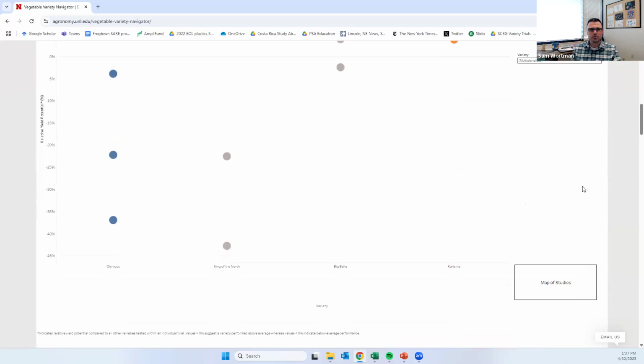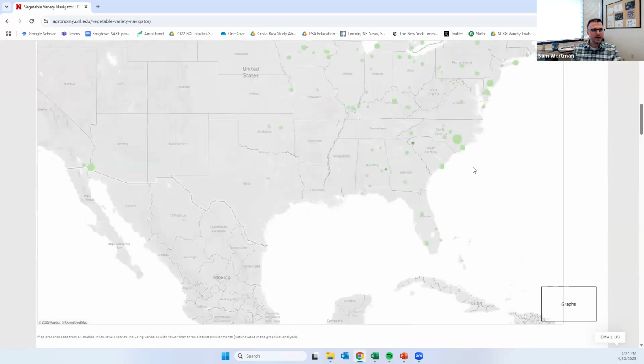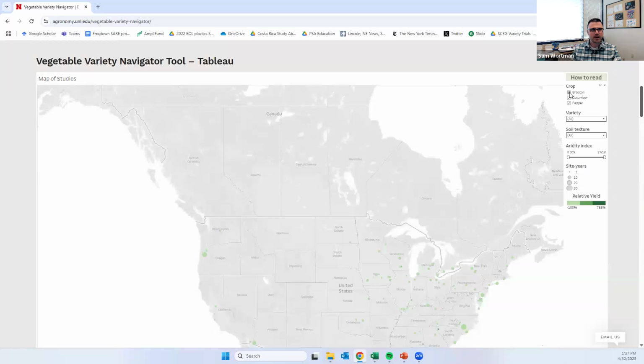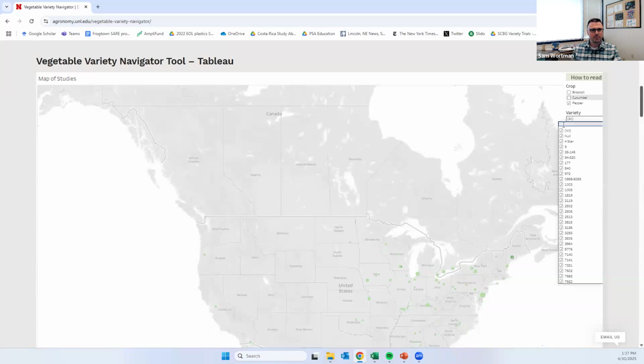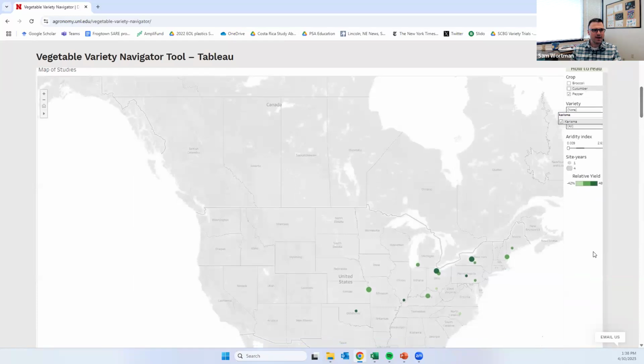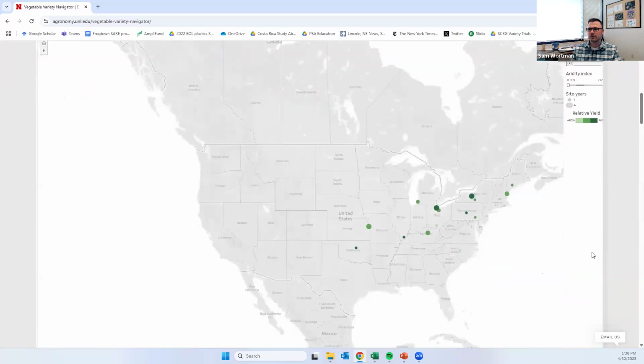So if we want to explore that data a little further to see, well, how did that variety, Charisma, for example, perform close to me? So then I can click on this map of studies. And now I can explore these data points at locations that are of interest to me. So now I'm going to just choose pepper on my map. And I want to look at that Charisma. So I'm going to type in Charisma here. And I want to look at data for just that variety. So I go down to my map here to see where all of the variety trials have been conducted for Charisma. And if I'm here in Lincoln, Nebraska, that looks like the closest variety trial that's been done for Charisma